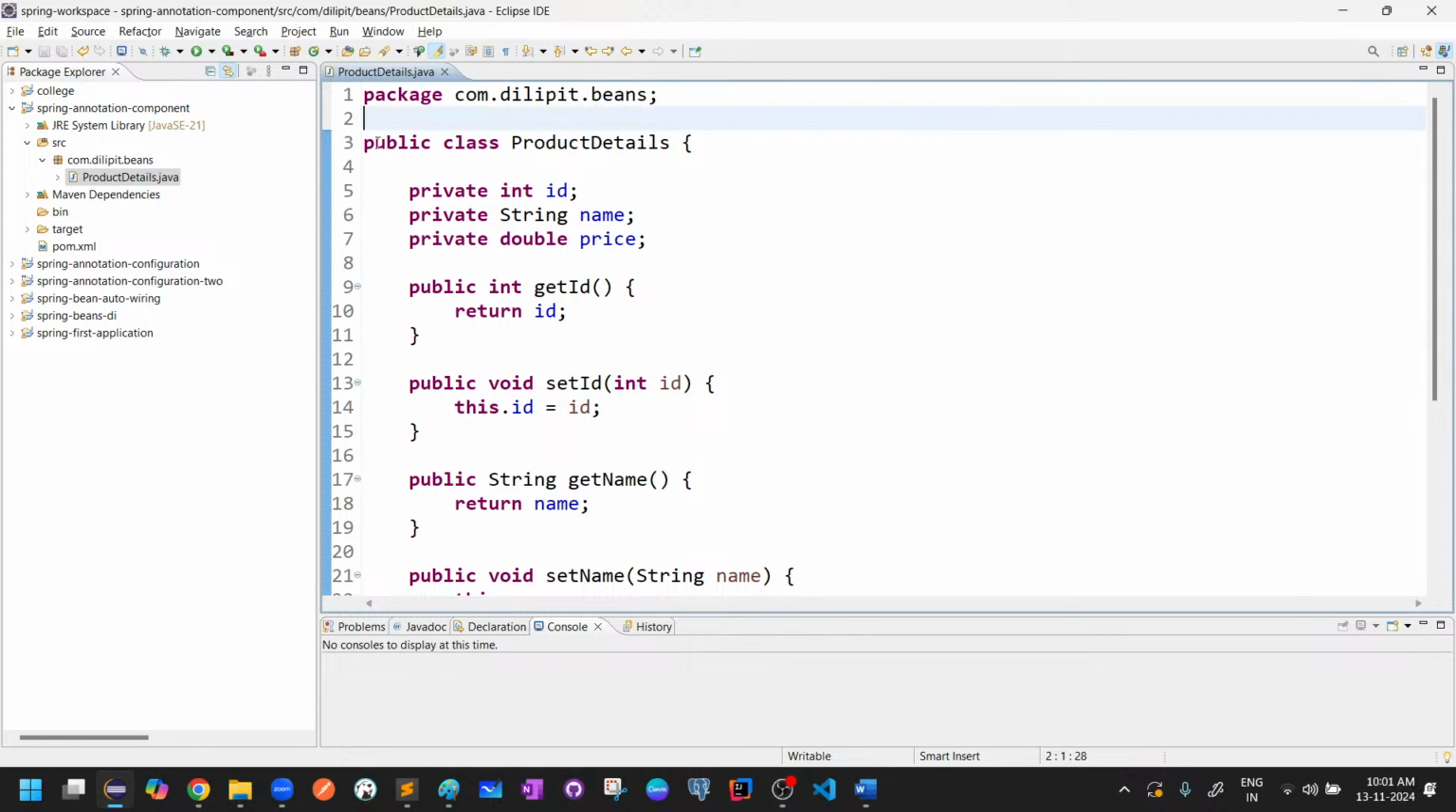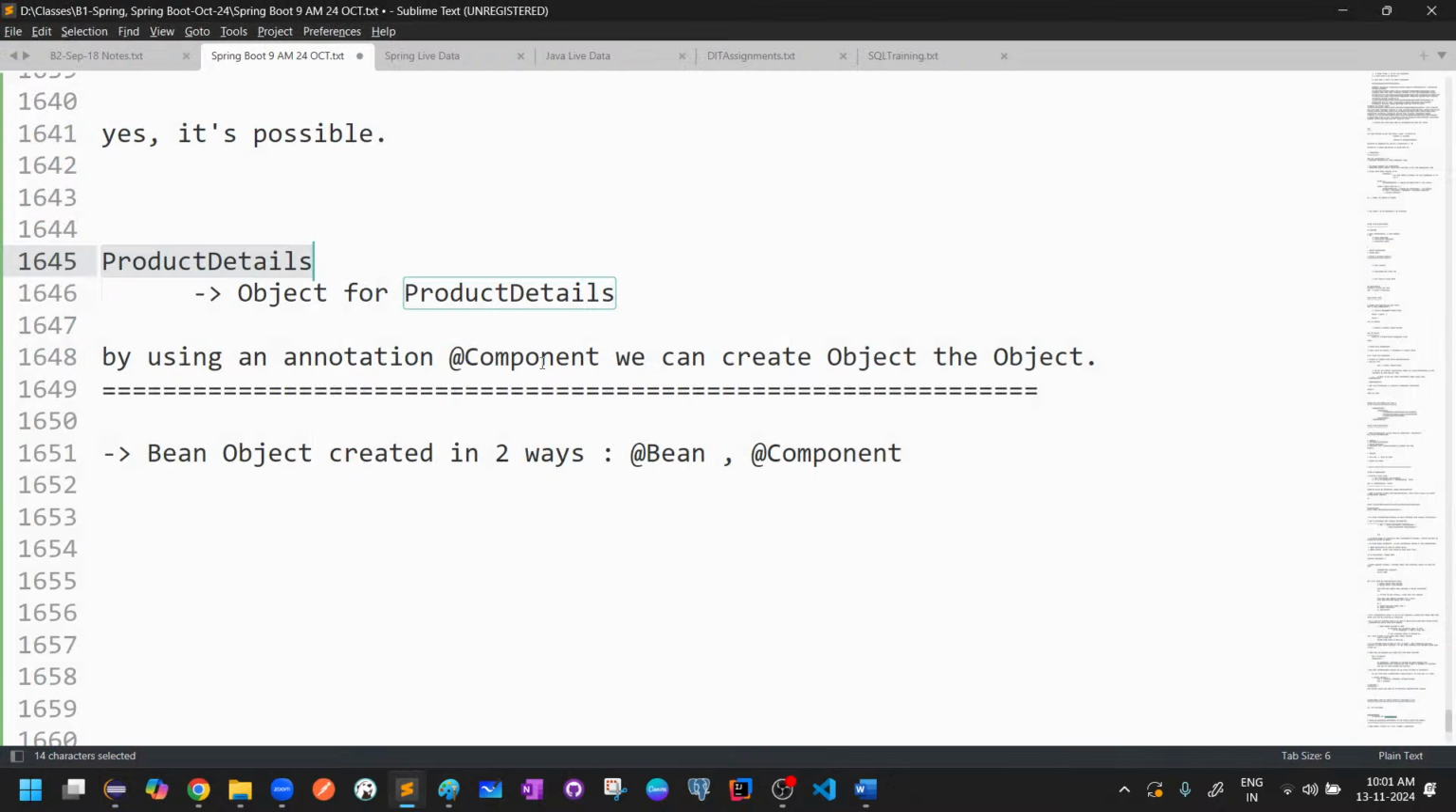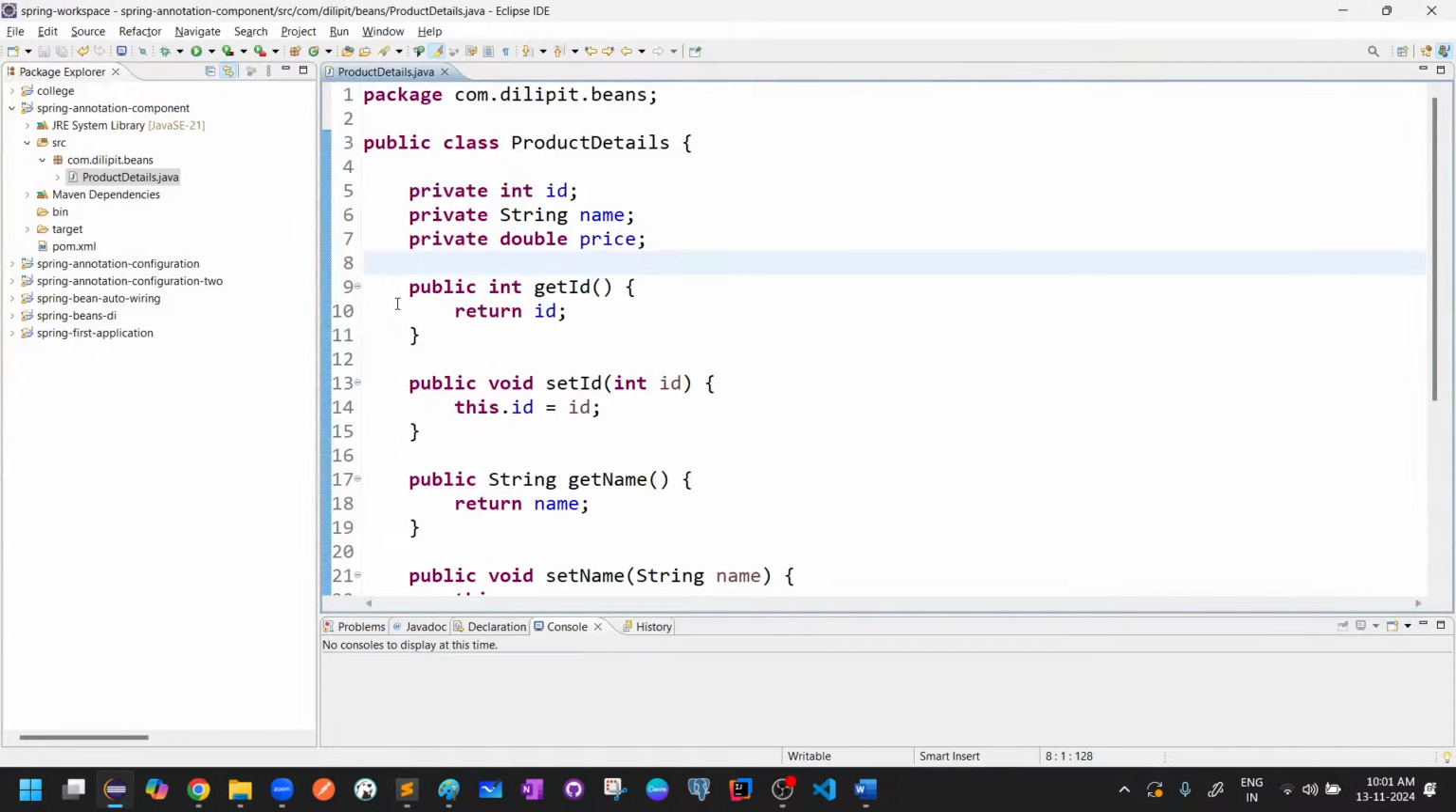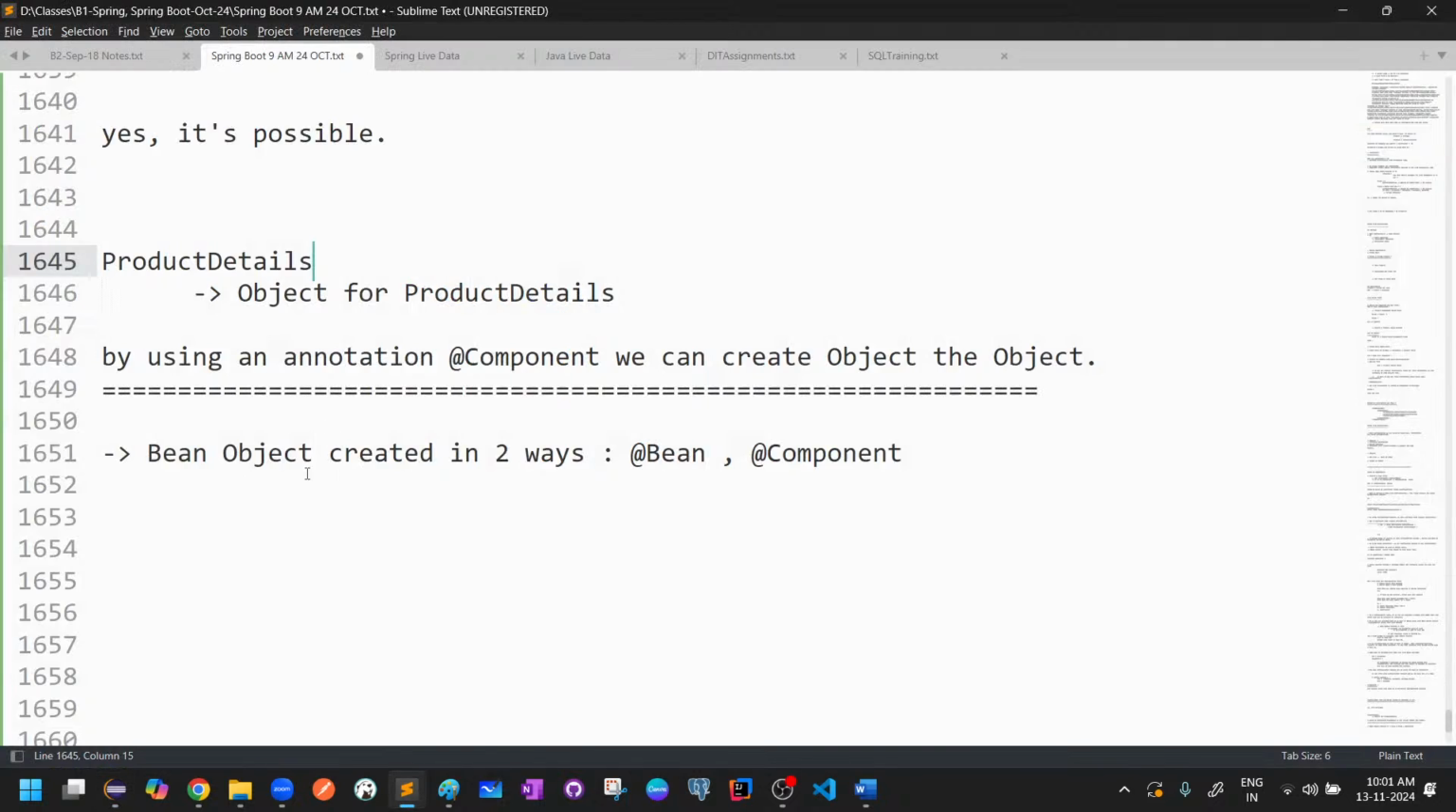Now what I said, if I want to create an object for this, generally I'll write the configuration class, and inside the configuration class, I'll write the bean method. But this time, my point is I don't want to write the @Bean method, but still I want to create an object. Yes, in Spring, it became a shortcut now. So how to create an object for this ProductDetails class? See here. By using the component annotation we will do it. So what we have to do is